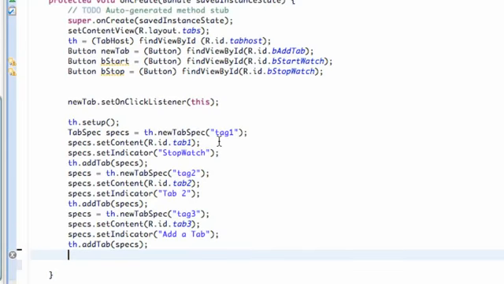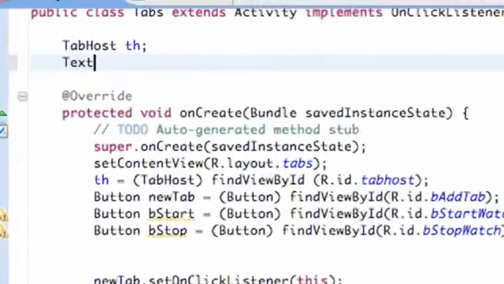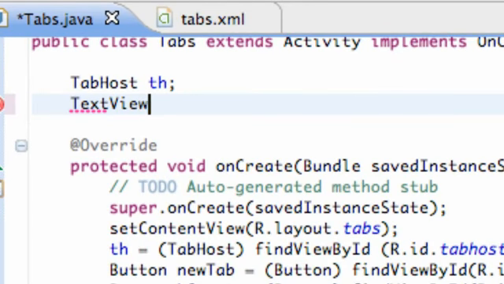Now, the first thing we need to do in order to get the stopwatch application to work is find some way to reference the time. How we're going to do that is we're going to get the current time from the system, which is Android. That's basically the core concept of this lesson. And what we need to do is set up a text view above our onCreate method called showResults,